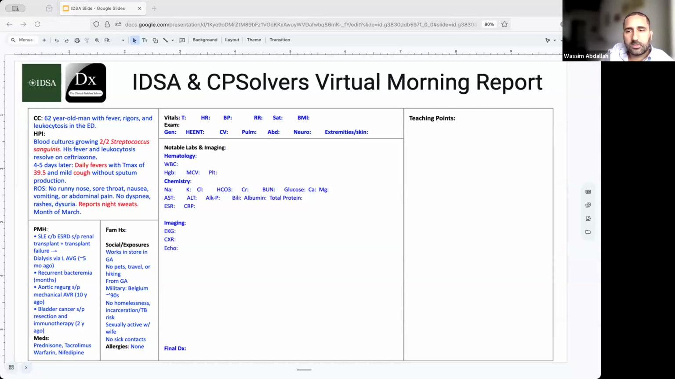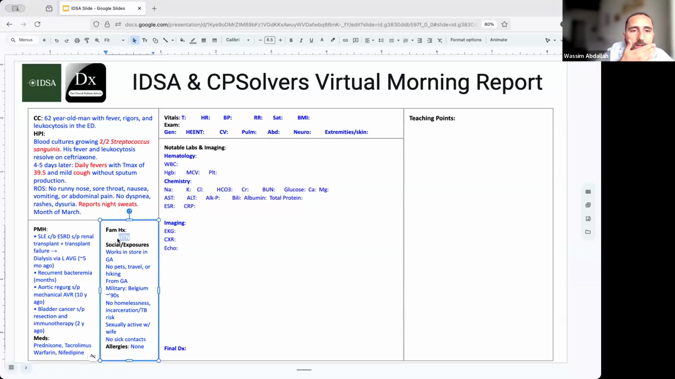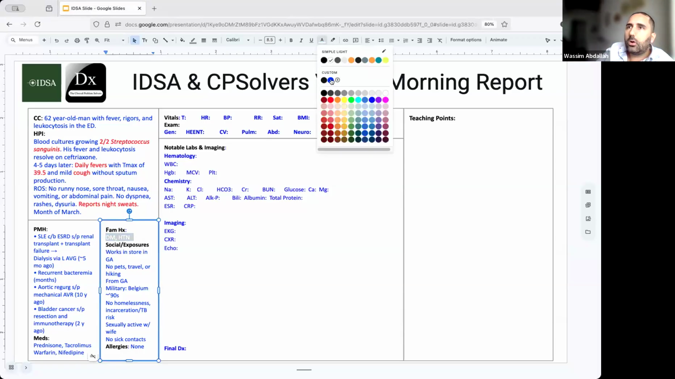Right. Thank you so much. This was a great approach, taking into consideration all of the past medical history and special risk factors that this patient has, in a setting of fever where it could be anything. Perfect. So I'll give a bit more